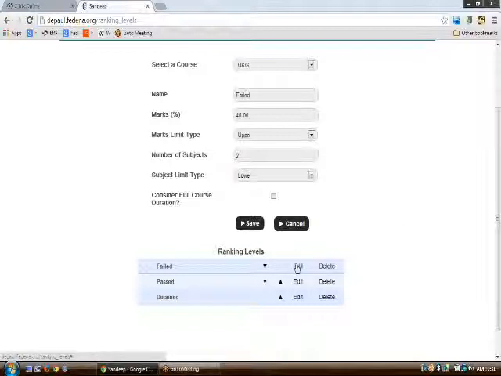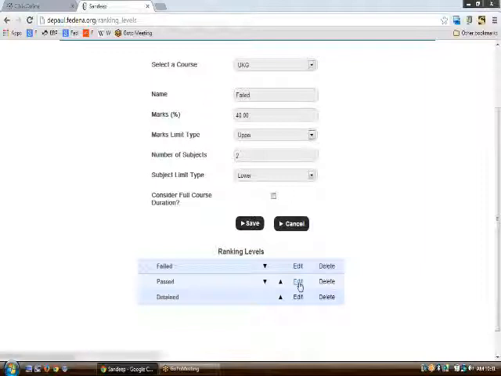As per this, in the course UKG, the ranking level failed has been assigned to all the students who score at most 40 marks in at least 2 subjects. So this is how this particular course decides how a student can be termed as failed.